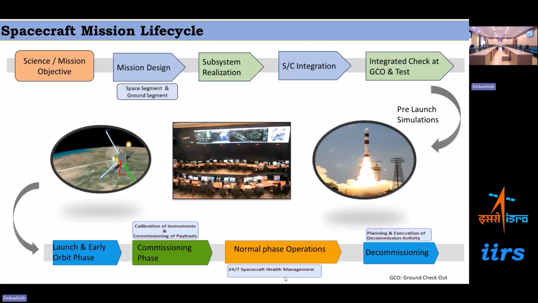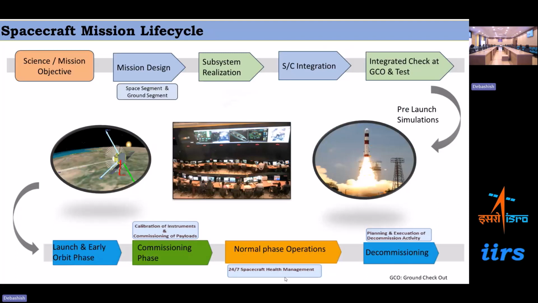Once the subsystems are there, it goes for an integration process where all the equipment, all the panels, all the electronics and all the sensors are put together, and we get ready with the integrated spacecraft. Then the spacecraft moves to the GCO. The GCO stands for ground checkout, where we do all kinds of testing: all the contingency modes, all the normal mode tests, and all the operational checks are done. After the tests are over, we go for the pre-launch simulation, followed by the actual launch of the